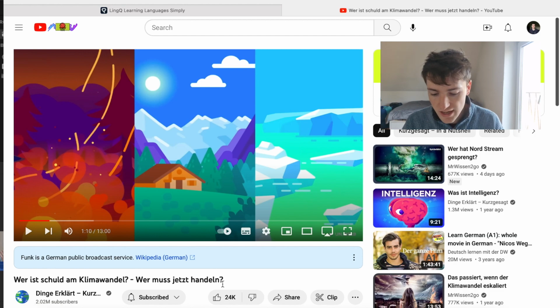So when trying to find stuff to import on LingQ, it's important that you try and filter any of the content you're searching for to allow you to easily find those with subtitles available, because that's the key point. If your video does not have subtitles, LingQ does not know what to show in the lesson feed. It cannot do that for you, unfortunately. So what you want to look for, and I can show you here on the screen now, is a video